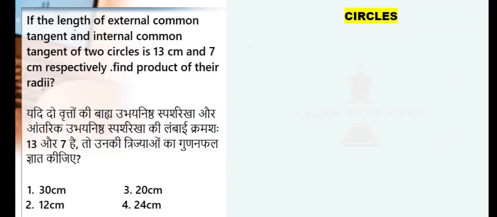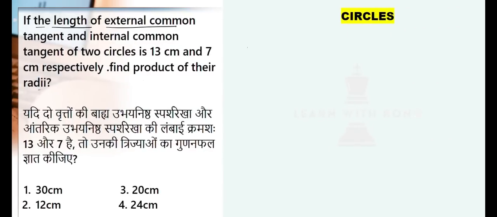Next question. See this one here. If the length of external common tangent and internal common tangent of two circles is 13 and 17 respectively, what is the external common tangent and internal common tangent? There is nothing but external common tangent is direct common tangent and internal common tangent is transverse common tangent. These values are given as direct common tangent value 13, transverse common tangent value 17. They asked us to find the product of their radii. Means if there are two circles with radii r1 comma r2, they asked us to find r1 multiplied by r2,